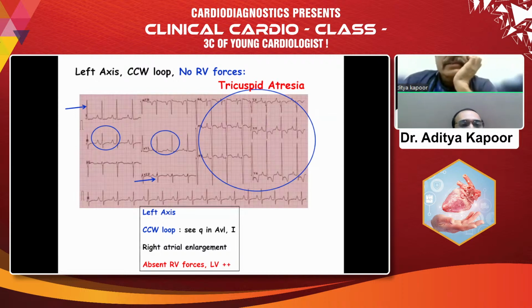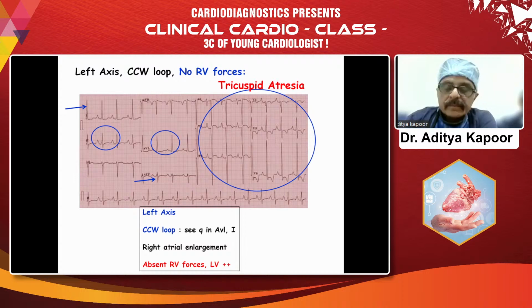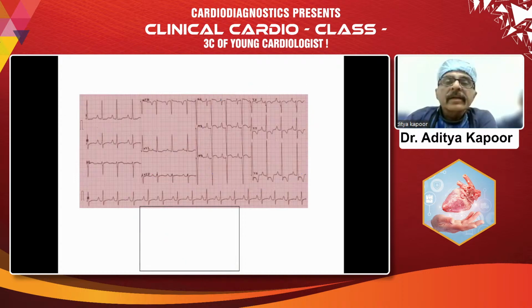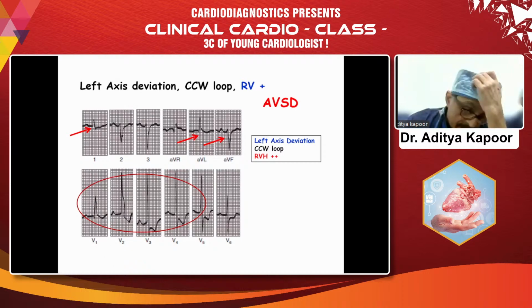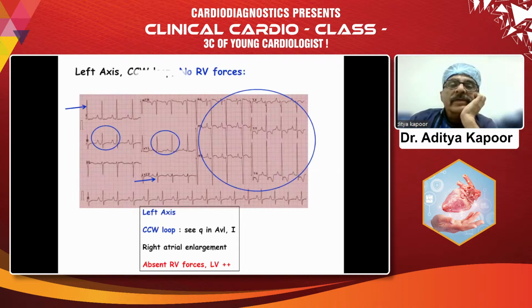Yes, yes, yes. So as I was saying, left axis, counterclockwise loop, absent RV forces, prominent LV forces will be tricuspid atresia. And in this example, if you see, there is left axis deviation, a counterclockwise loop also, but there is RVH. So this is AVSD. So this is the way you